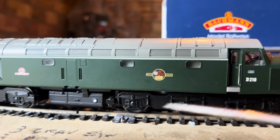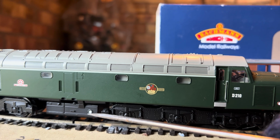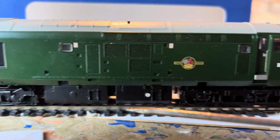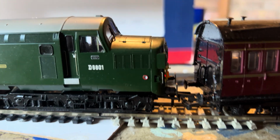Fuel tanks with the sort of gauge indicator there. I'm sure they're fuel tanks. Might be battery boxes as well. There's the fuel tanks on the 37, and they could be battery boxes there as well. Look at that detail, the windows and everything. So yeah,